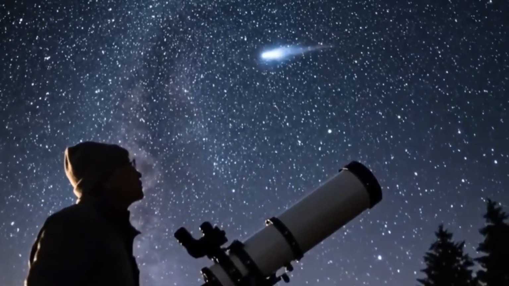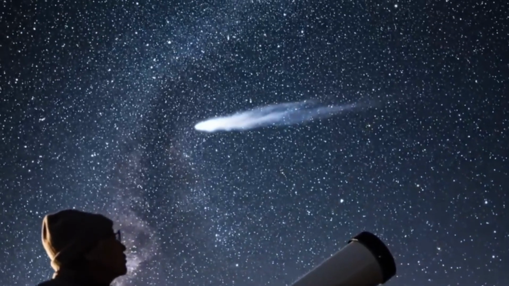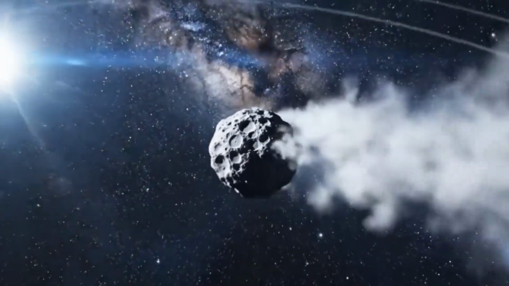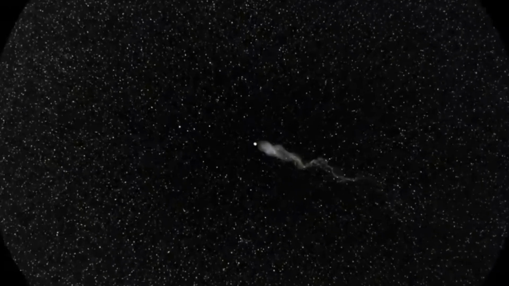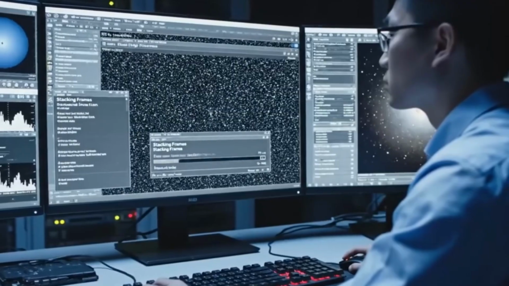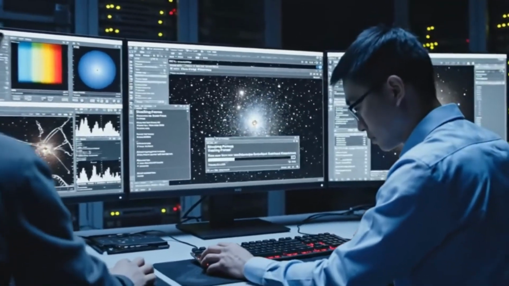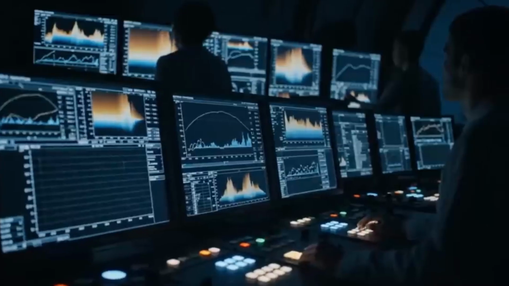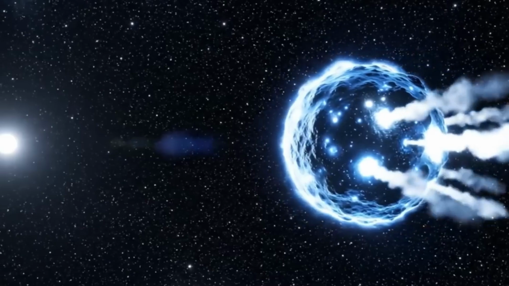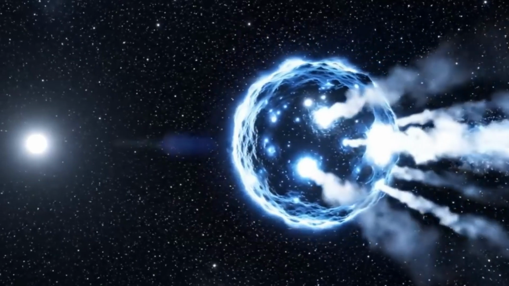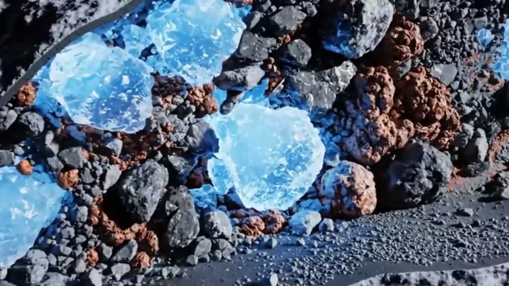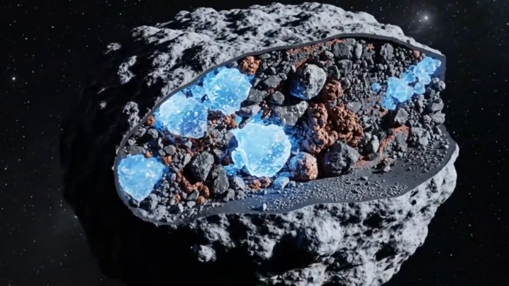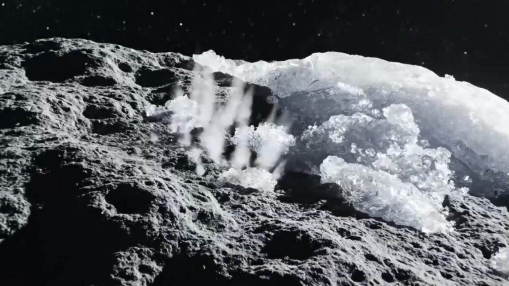More importantly, if the shedding is asymmetric, say, a massive chunk breaks off the side, the sudden change in the center of mass and the subsequent push from the fragment swarm could easily produce the sharp lateral component of acceleration we observed. The most recent data, which is still being processed and verified, seems to lend credence to this disruption model. We've started to see a faint, sun-facing, anti-tail structure. This is a phenomenon where dust particles, pushed by solar radiation pressure, appear to stream towards the sun from our perspective, due to the geometry of the orbit.